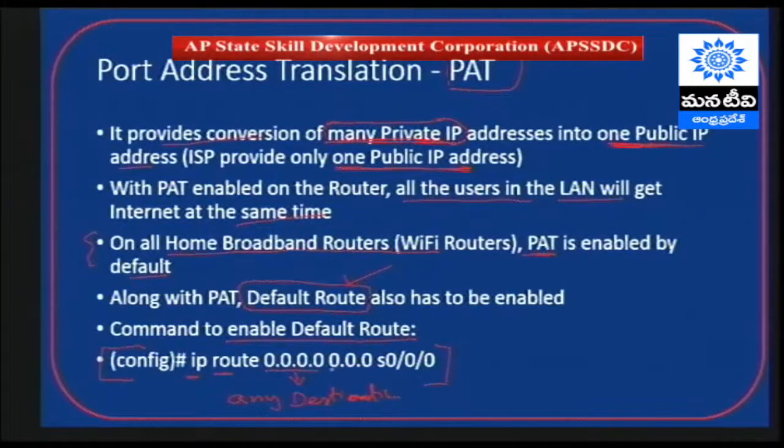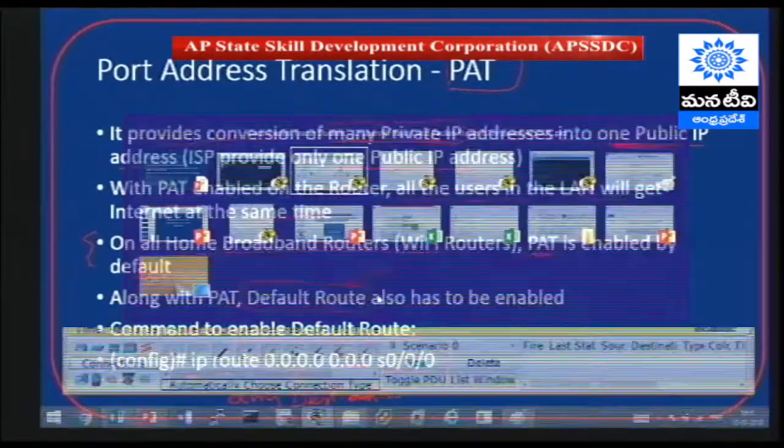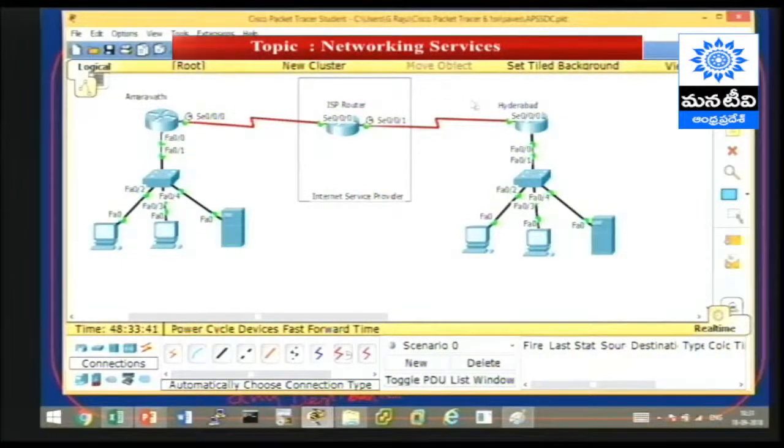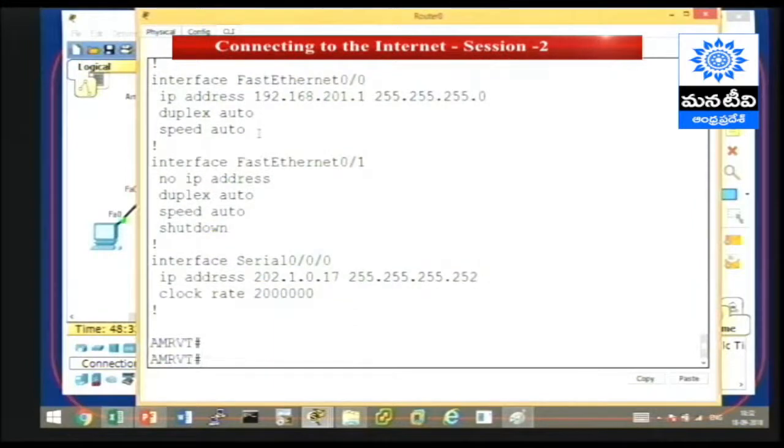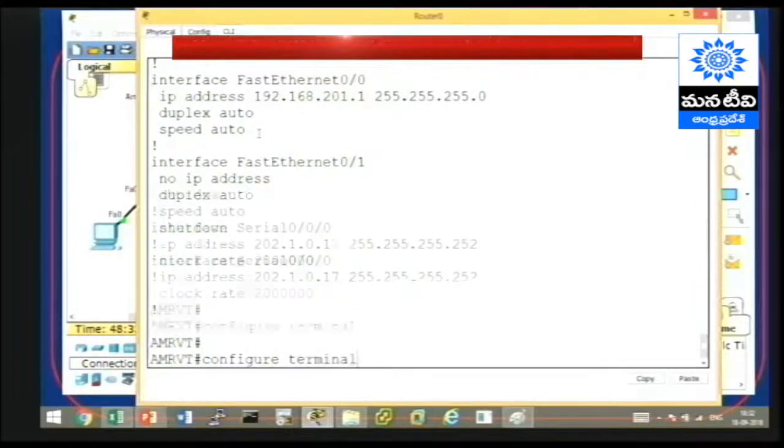And the next zeros represent any subnet mask, and then the next is the exit interface. So we are now going to enable that specific default route on the Amravati router as well as the Hyderabad router. Whenever you connect to the internet, you must enable the default route towards the ISP on all the routers connecting towards the internet service provider. So we log into this router, go to the configuration mode, configure terminal, and then give the